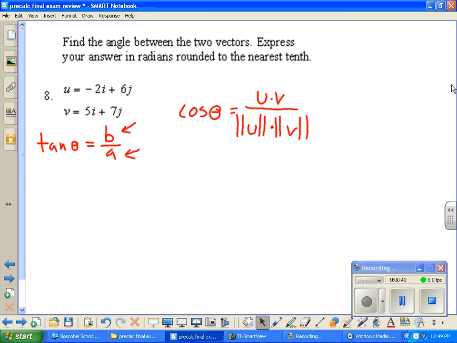Cosine of theta is equal to u dot v divided by the magnitude of u times the magnitude of v. So here we go. u dot v. Remember, u dot v means you multiply the corresponding components together and add them. So cosine of theta is equal to negative 2 times 5, which is negative 10, plus 6 times 7, which is 42,